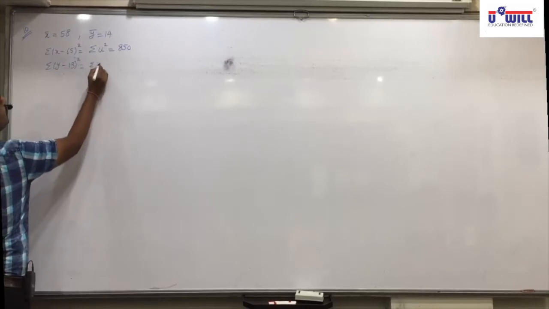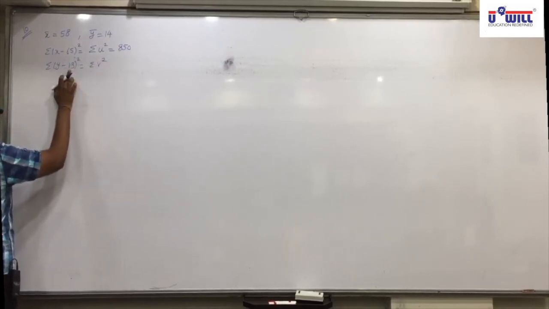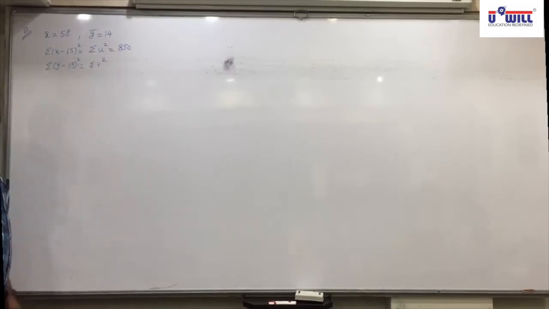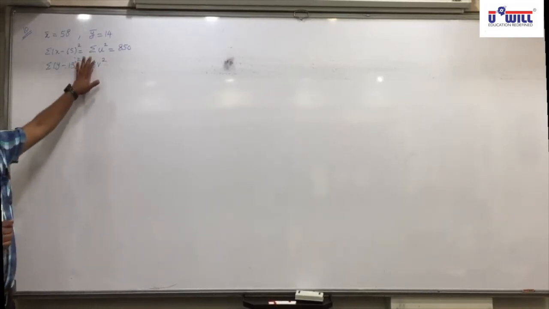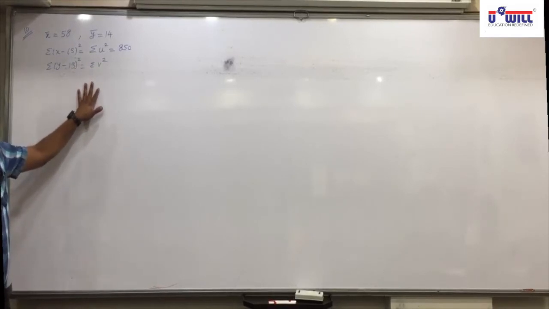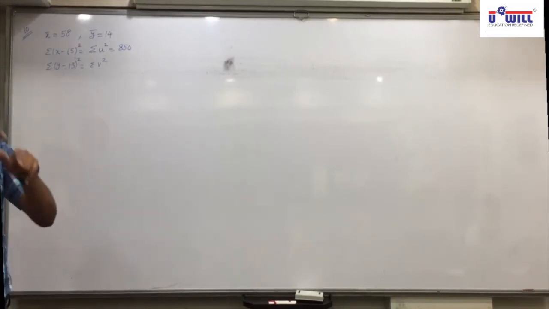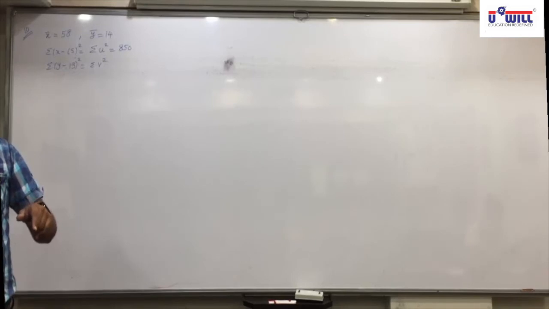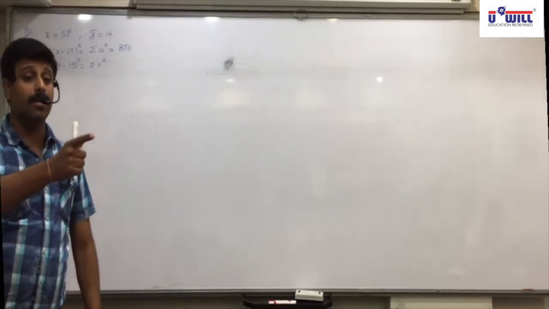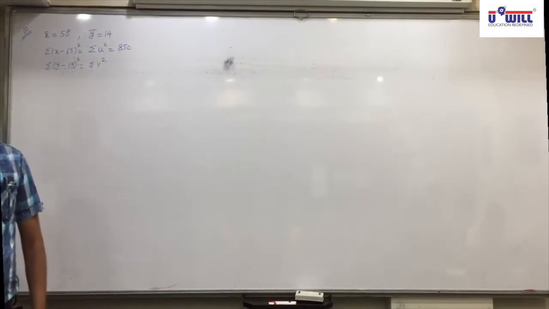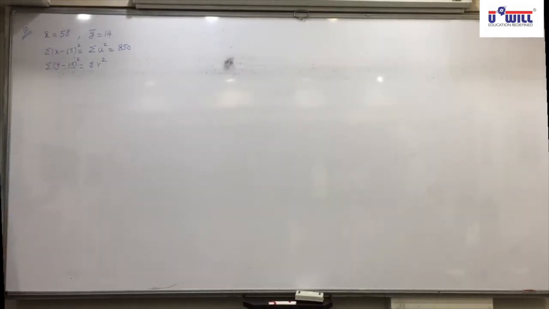Sigma v square. Because what is this? What is y bar? 14. What if it was given y minus 14 square? Still sigma v square. You cannot apply half formula 5 and half formula 6. If in one place it is u square, then in the other place you have to take it as v square only. And we did, also in between, a long question where at one of the places x bar was coming as an integer, so we took x bar, but still we had written it as u only. So if at any one place x bar or y bar is not used, then at both places you will take it as u and v.